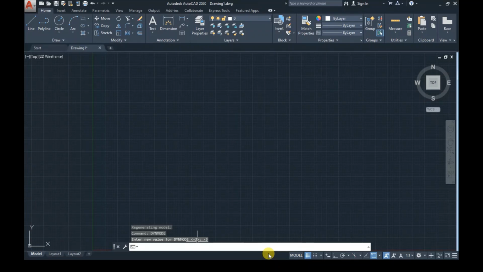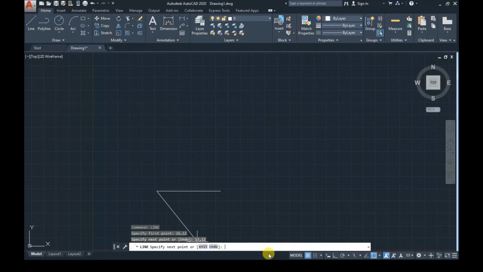Now let's draw something. I will first of all use the line command to make some lines. Line is the command. I press enter. It tells me to specify the first point. I say 26,12. Enter. Now 13,12. Enter.